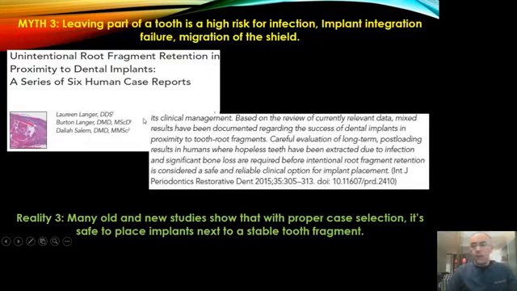Langer also, they did a very nice study. They discussed the unintentional root fragment retention in proximity to dental implants, and they discussed the literature, what we know about this, and they reported 6 human case reports. And obviously, they said whenever we have